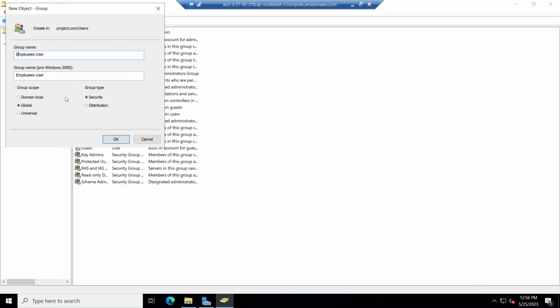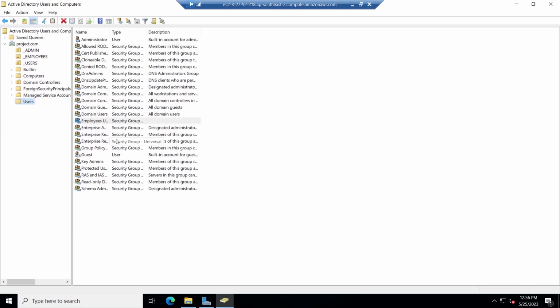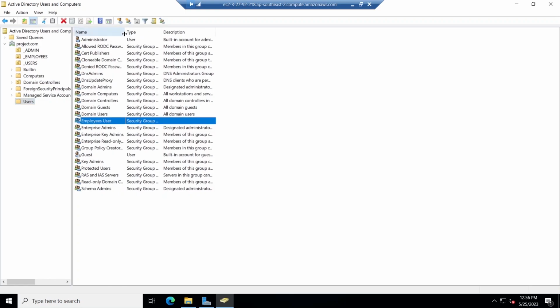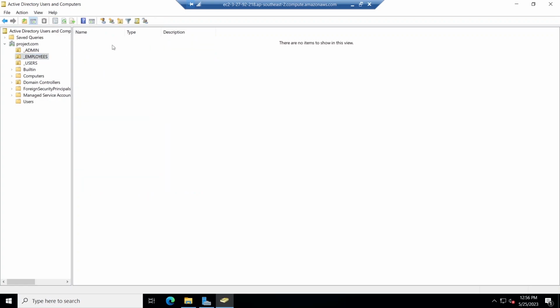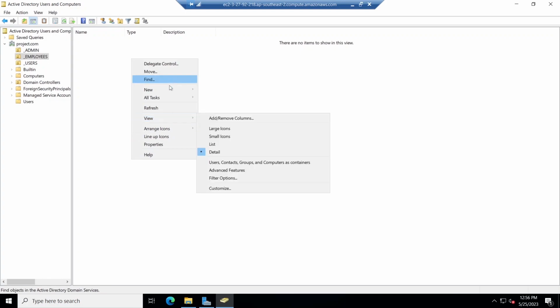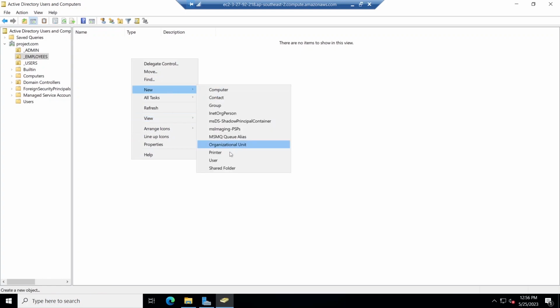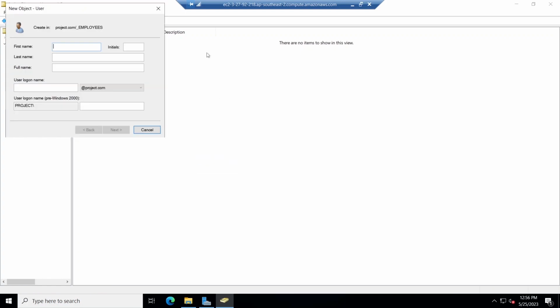So this is the name of our security group, and I'm going to say okay. Now we have it set on employee user. Now I'll go to our employee and see if I can create one or two users. So let me go to new and new user. Now I'm going to call this user Jane Doe. So having created Jane Doe, our username is going to be